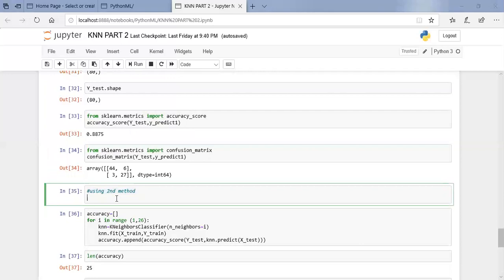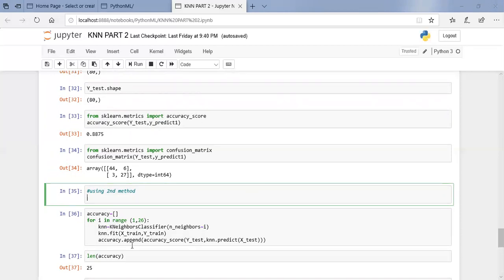Using another method for creating the model, if we want to improve the accuracy of our model, you have to use a for loop here: for i in range 1 comma 26, knn equal to KNeighborsClassifier, passing the value of k neighbors equal to i, knn.fit passing parameters xtrain and ytrain.